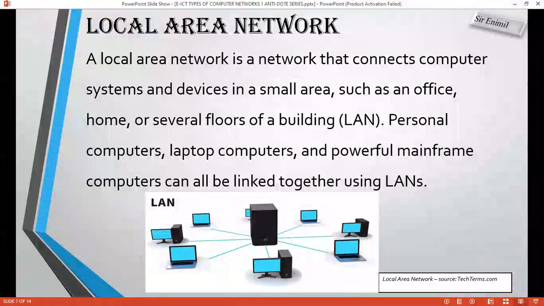Okay, so in a local area network, you can share a printer. You know, printers are very expensive, and for an organization, you would like to be smart about the process. So in as much as, yes, you can buy a printer for all the offices that you have, it is not advisable. So you have to get a quality printer, about 2 or 3, and then place them at advantageous places.